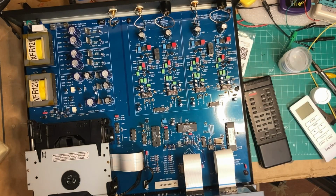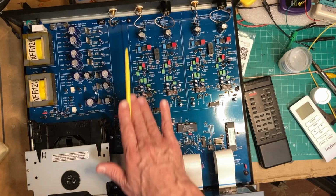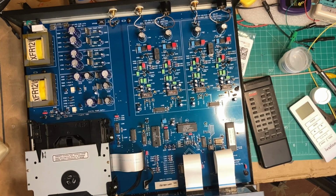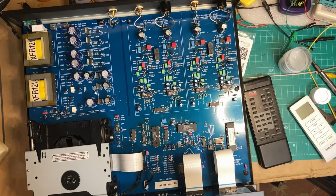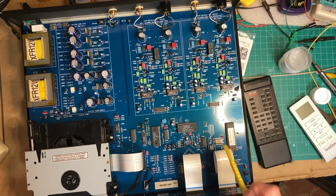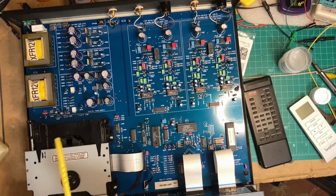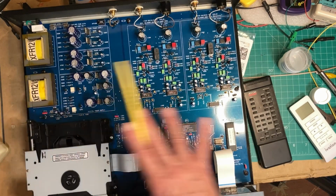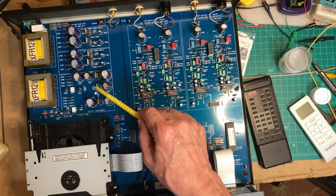Some CD players and other pieces of gear have a single channel here and then use an op-amp configuration to create a fictitious or fictional negative output. So it gives the impression that it's balanced, but it's not truly balanced. They're not fully balanced like this one is. And you see there are two transformers. One's for the analog section and one's for the digital section. And there are 1, 2, 3, 4, 5, 6,